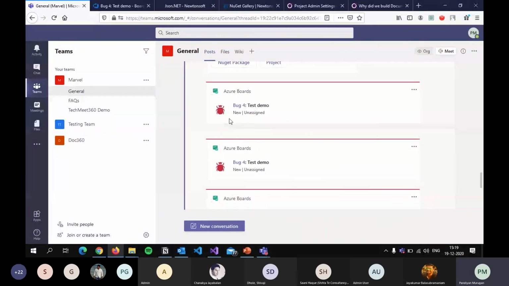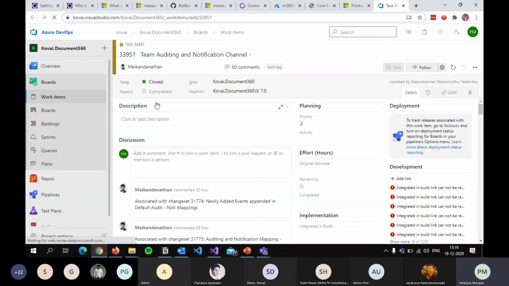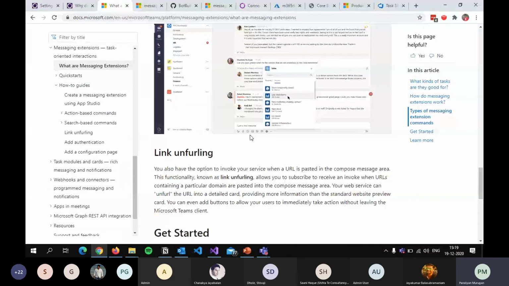So I will just go through once again. We have seen a few things today. One is action-based commands, another is search-based commands, and third is link unfurling. Using this, you can directly get the information from the official documentation and create the app straight away. And the main thing is, if you want to add authentication, you need to work on it, like whether you can go for single sign-on based on your applications. So integration will be very easy and accessible, and you can next go for publishing to the marketplace. Those are the things I have today.